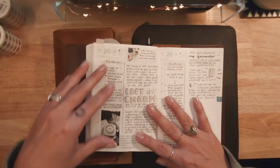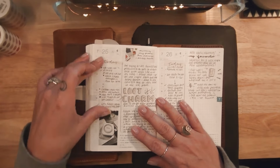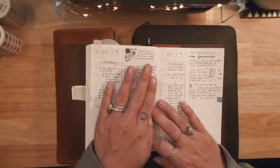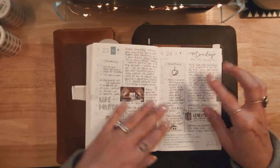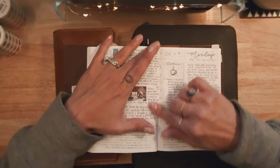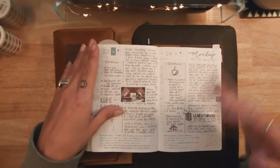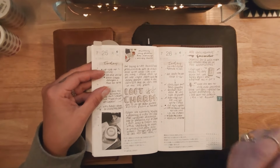I divide my page, and in this case I've been using it for planning, so I do have my to-dos for today, and then I do the entries that I want to have for my day. In this case, I do more memory keeping in these pages, so the entries relate more to what we did on the day, things that I want to remember if I look back in these pages, like fun things that my son said or things like that. So in this case, it's more memory keeping instead of resources